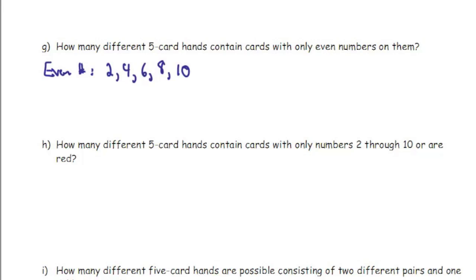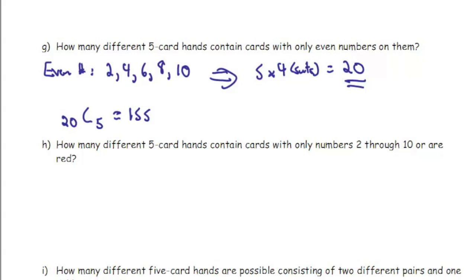are what? 2, 4, 6, 8, and 10. That's it. You don't consider the queen as a 12 or anything like that. Queens are face cards, so this is it. These are your total even numbers. So there's 5 of them, but there's 4 suits, which means 5 even numbers times 4 suits equals 20 possible cards to select from, which means our final answer is we have 20 cards to select from. We're choosing 5, and that's equal to